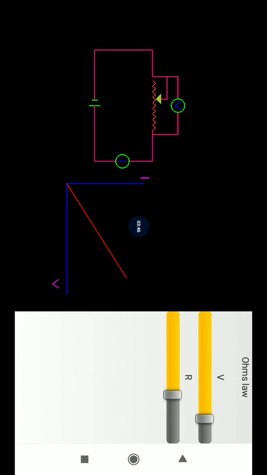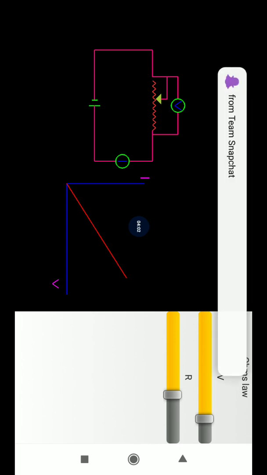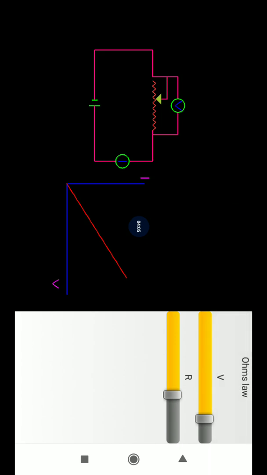We'll be connecting all these things, the resistance wire, the voltmeter, the ammeter, exactly in the same circuit across the battery, and we'll see that when we switch on the current, we change the resistance on our own by using a rheostat in the lab. We keep on increasing the value of V and find the value of I, and when we plot the graph between V and I, the graph will be a straight line as shown in the figure.